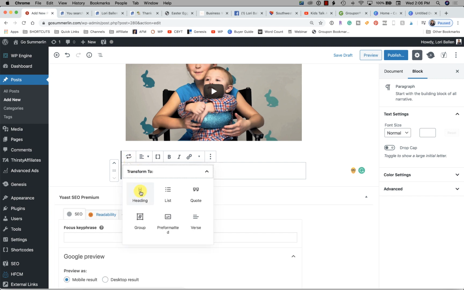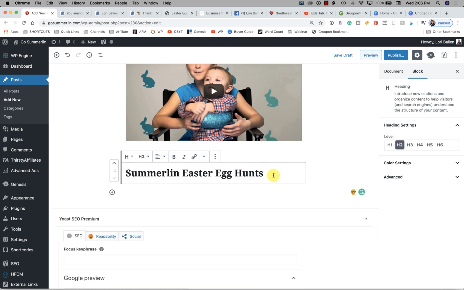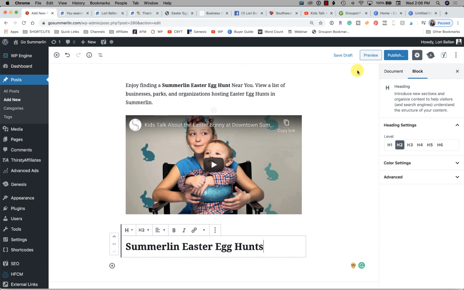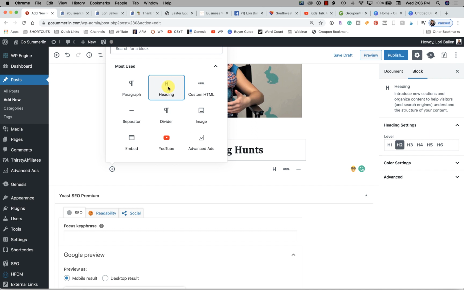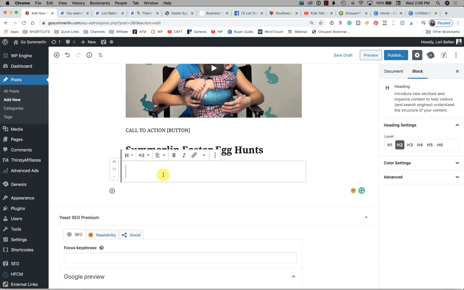And then I'm going to change this to a heading 2. So for proper SEO, for search engine optimization, it's a good idea to use heading tags, we call them. So heading 1 is going to be the title of your blog, which is the largest heading. And then these heading 2s are going to be the paragraph headings, right? So Summerlin Easter egg hunts. Then the next paragraph would be